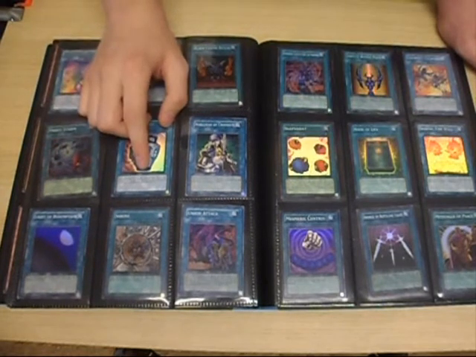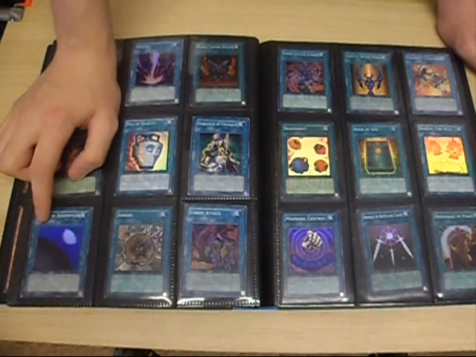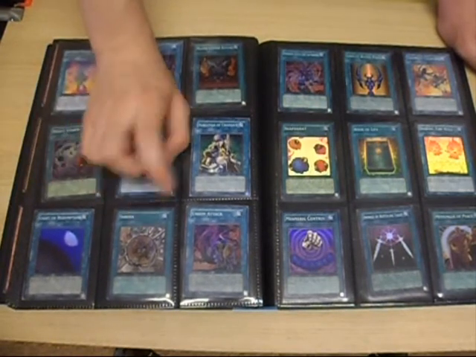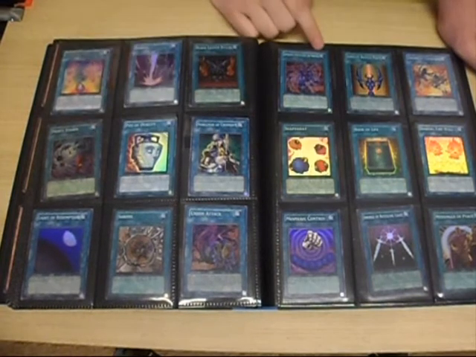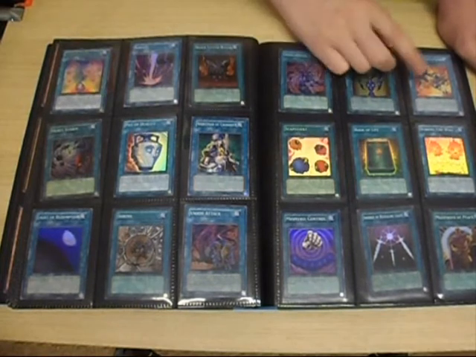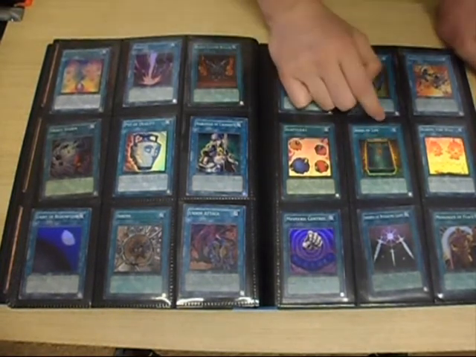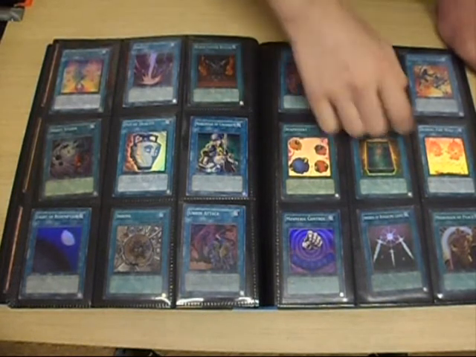Super Rare Pot of Duality from the tins, and then a Super Rare No One Wanna Cross Out. And then I have Light of Redemption, Shrink, this was a promo, and a Union Attack. And I have Dedication Through Light and Darkness. This Javelin Beetle Pact was from the Premium Pack, and then an Infernity Launcher. And I have Scapegoat, Book of Life, not Book of Spells,